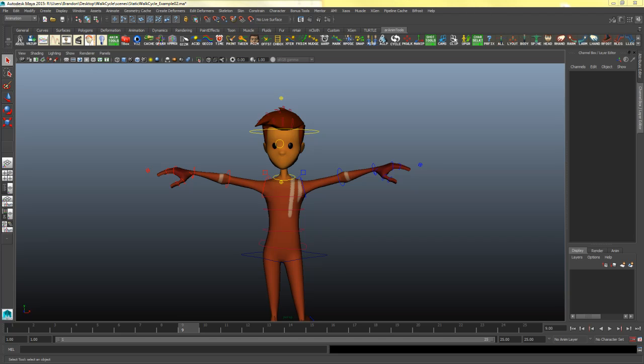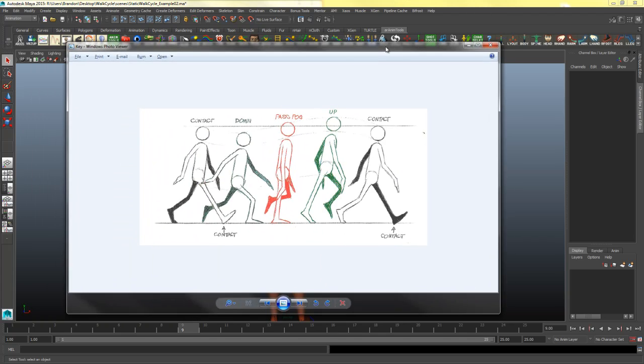So if we look at our picture here, we can see how the arms work. At the contact, the arms are making their way down. At the down, they're fully spread out. At the passing, they're by the sides. At the up, they're starting to spread out again. Contact, continuing to spread out all the way to down. So